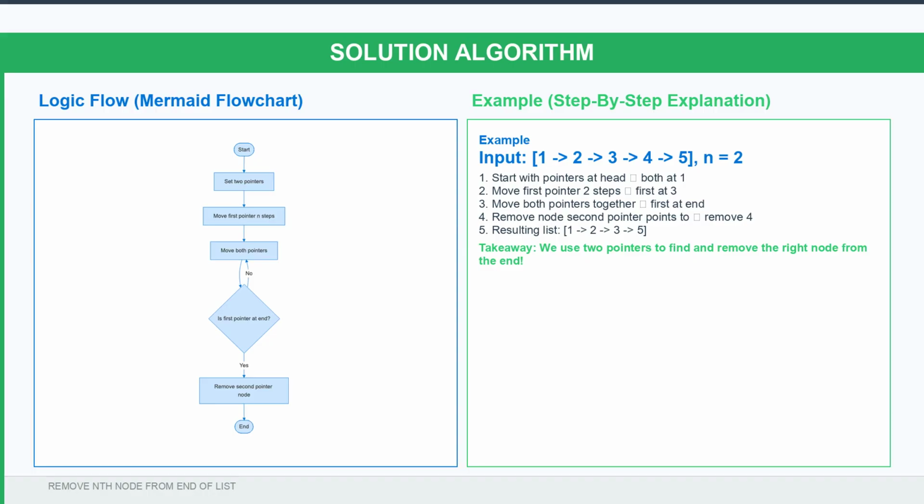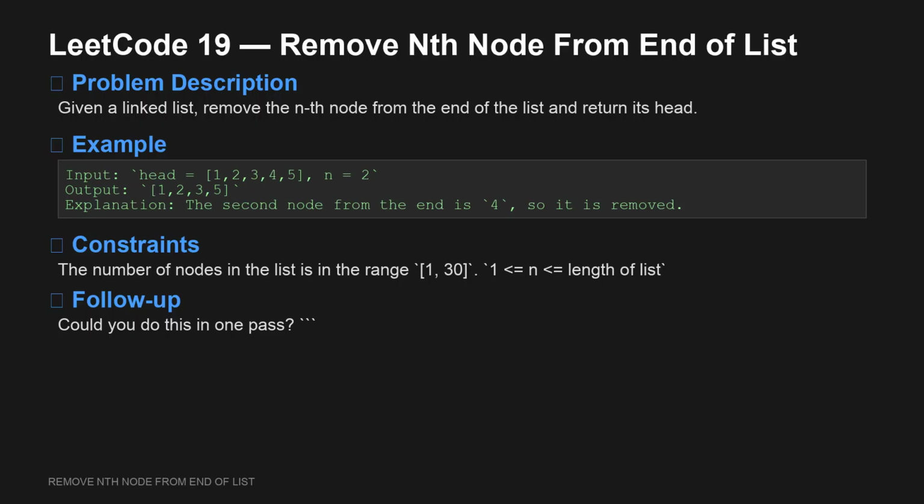By using a dummy node and the 2-pointer technique, we simplify our solution while achieving O(L) time complexity. This is a clear example of how effective pointer manipulation can be in linked list problems. In this problem, we are tasked with removing the nth node from the end of a linked list, returning the modified list's head. It is crucial to consider edge cases, such as an empty list or when n is equal to the list's length. Notably, the linked list can contain between 1 and 30 nodes, with values ranging from 1 to 100. This constraint on n ensures we will always have a valid node to remove, guiding our solution strategy